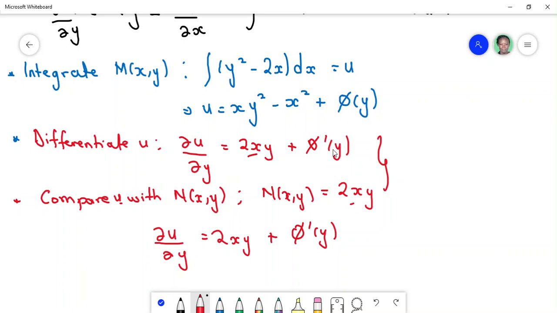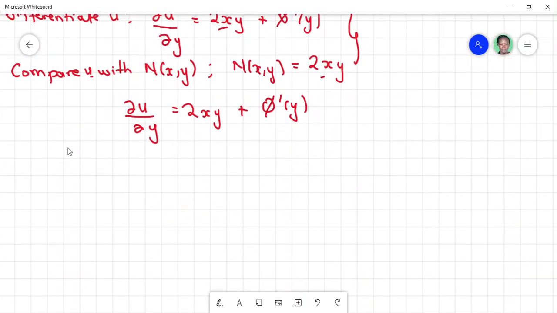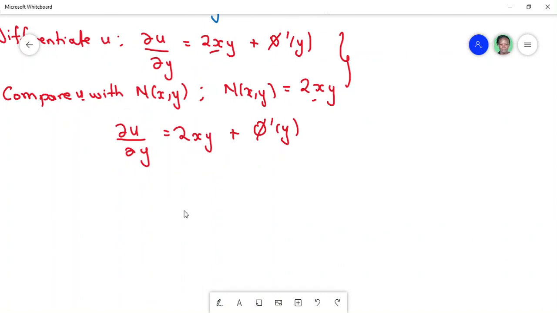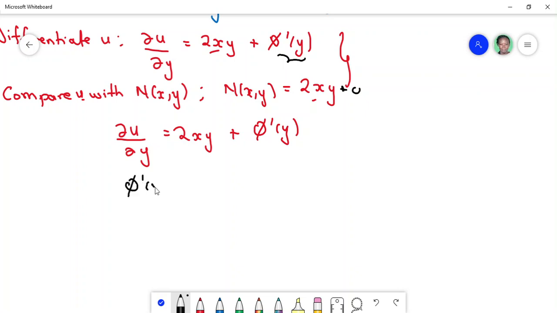So from here, if we compare this and that, I have 2xy, 2xy. So this derivative is going to be plus 0. So then my derivative here, d phi dy, is equal to